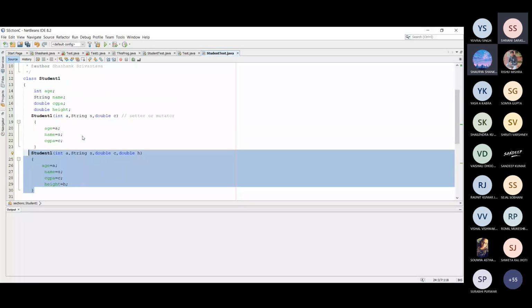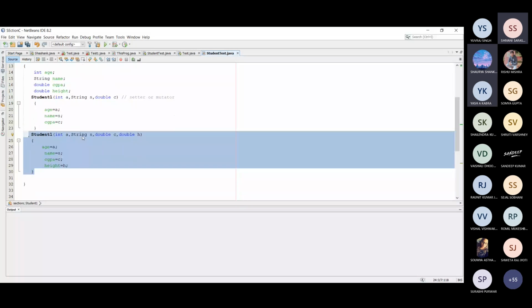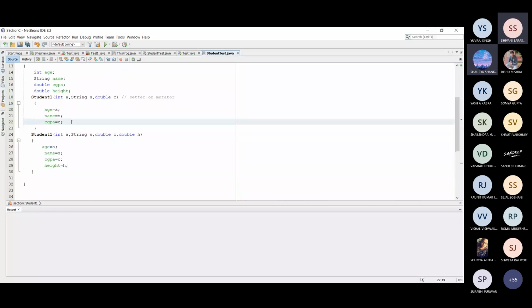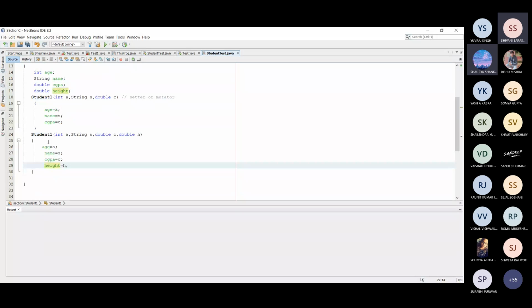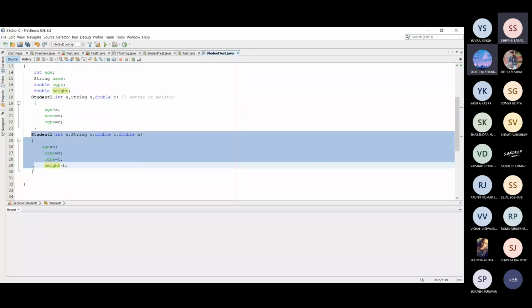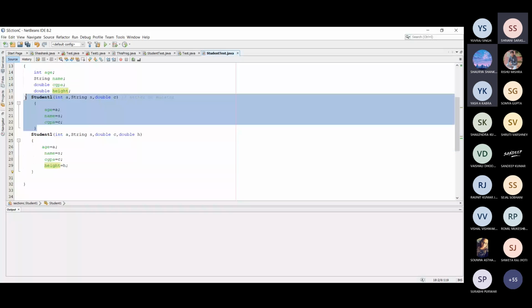But can you tell me whether this approach is okay, or is there any problem in this type of approach? In this particular program, are you satisfied with this logic? You just created two constructors. Now the question is, if this is the constructor, why is there a need of the first constructor?